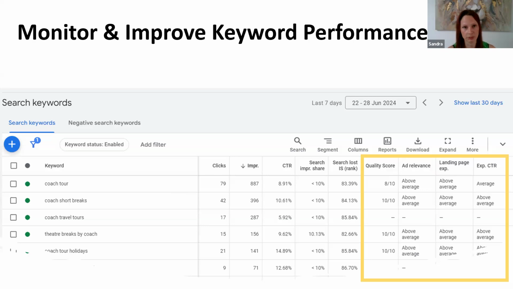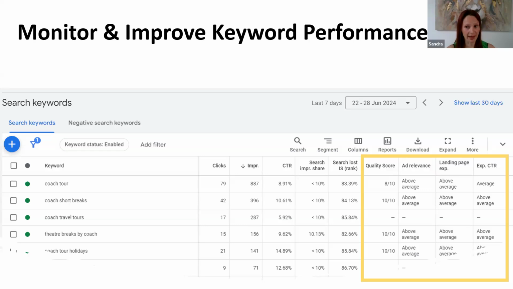It's doing really well, so we've actually been able to expand into that, and we've manipulated it so it works really, really well. What you want to aim for is a quality score of about 10 out of 10 for your search terms. Your ad relevancy, your landing page experience, and your expected click-through rate all want to get to above average. It's not easy, but it can be done.